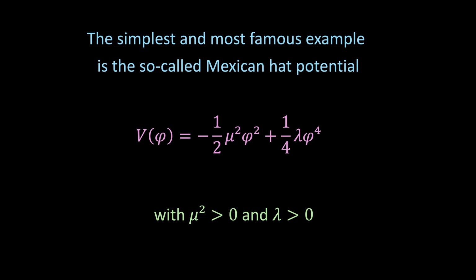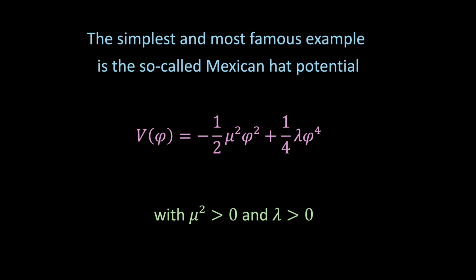At first glance this looks strange. The quadratic term has a negative coefficient, which means that near phi equal to 0, the potential curves downward instead of upward. Left on its own, that would make the system unstable, like balancing a ball on top of a hill. But the quartic term, which is positive, takes over when phi is large and makes the potential rise again. Together, these two terms create the familiar hat-like shape, a central peak at the origin and valleys away from 0. I'll refer to this as the Mexican hat potential throughout the video, since that's the common term in the literature.